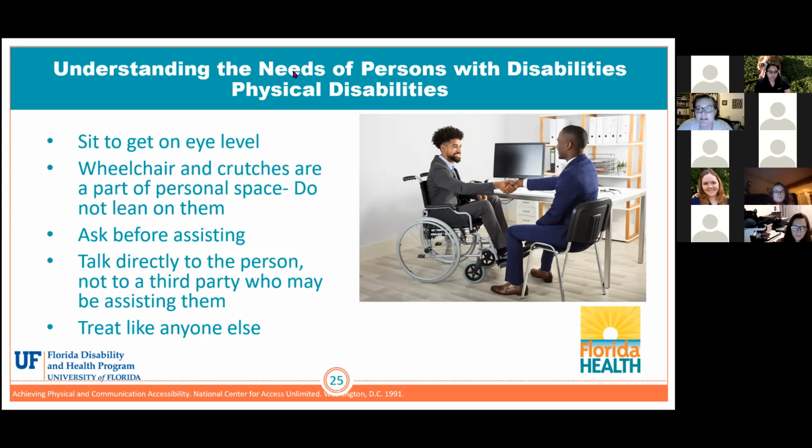Another item to keep in mind is that it's really important to ask before assisting. Polite society functions on people doing polite actions, and a lot of people just open the door for people. But if you see somebody with an obvious disability and you think they might need assistance opening the door, you don't just open the door for them, ask them if they need help. People do want mastery over their environment. People with disability are the same.